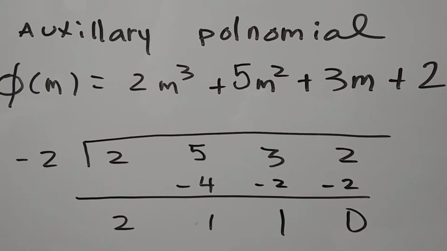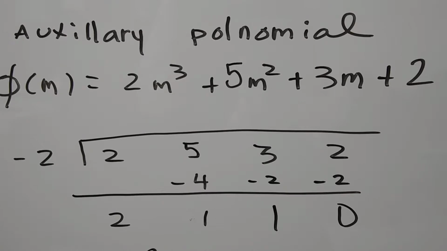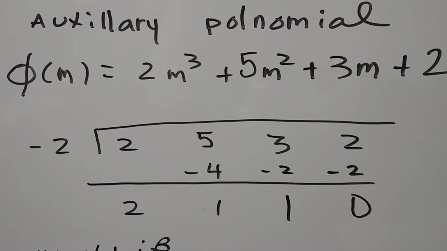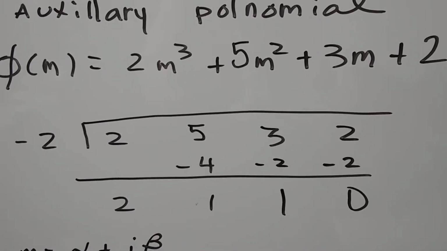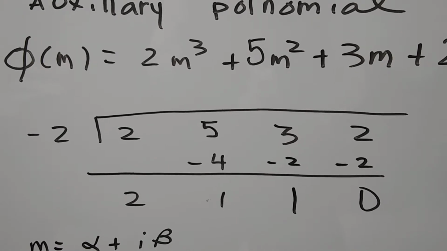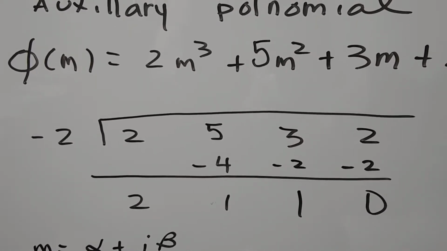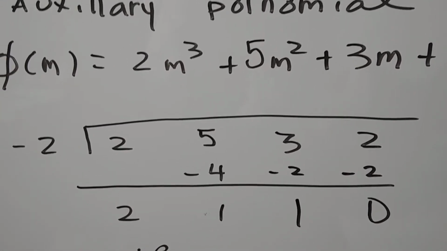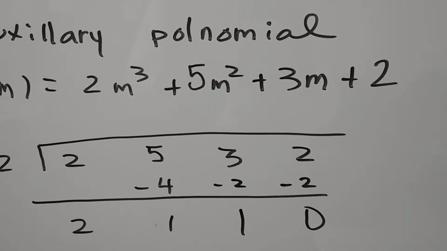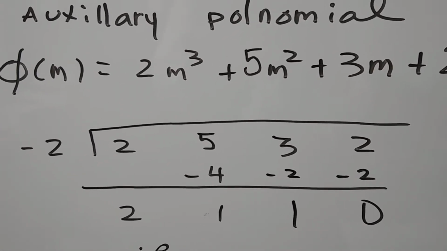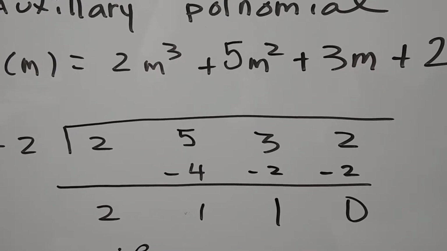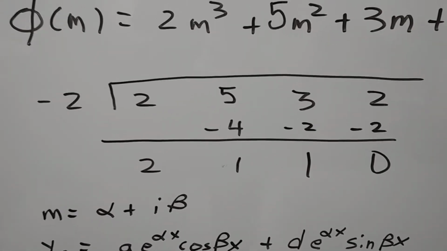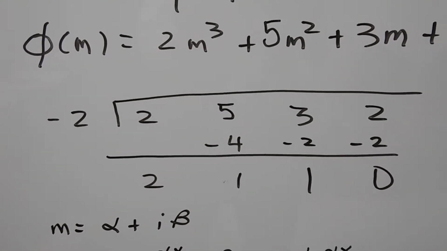And one of them, of course, is 1 as a factor, just using factors of those two terms, the constant term and the leading coefficient. So I'm going to do -2 divided by 1 anyway. It's just -2. I write down the coefficients of the decreasing powers of m. And lo and behold, I actually get something that works out. So 2m cubed plus m squared plus m plus 2 factors into m plus 2 times 2m squared plus m plus 1. And the 2m squared plus m plus 1 has to be factored using the discriminant of a